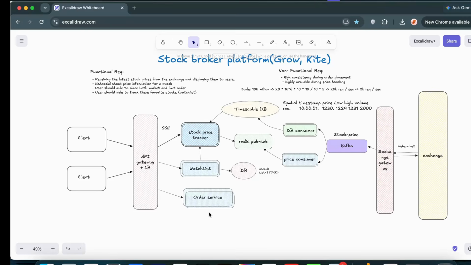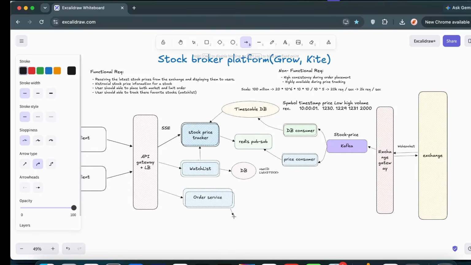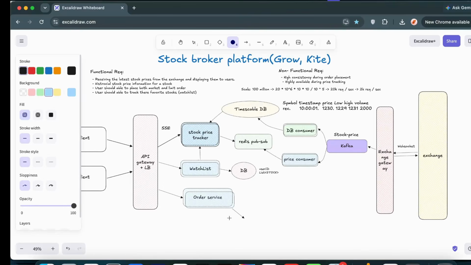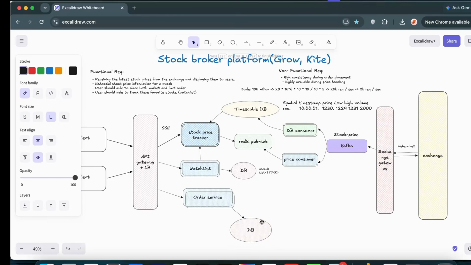Once we receive all the orders, the first thing is to ensure that the orders are persisted at our level as well. So we'll have a DB. This is our database. It can be a simple relational database. What we can have inside this database is the order ID, user ID, next the stock symbols, price, and when it got updated, so updated at,